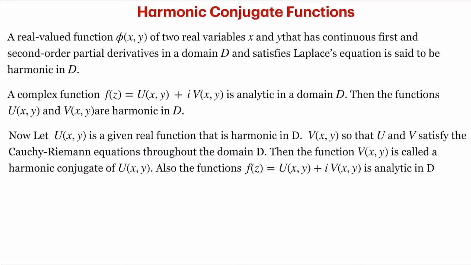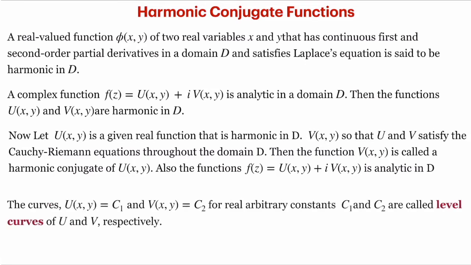This is also another way of constructing a harmonic function, but the property which is very useful is that the level curves u(x,y) = constant and v(x,y) = constant are orthogonal to each other. So they define a family of curves which are orthogonal to each other at every point in the domain D. This is a useful concept in physics because you have the concept of potentials and field lines which are orthogonal to potential. So let's look at some more examples.